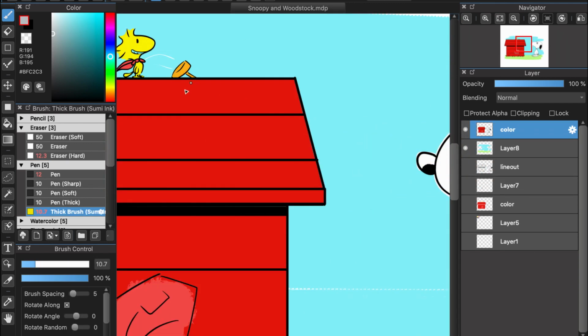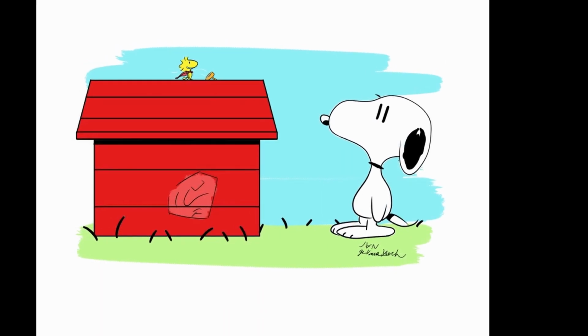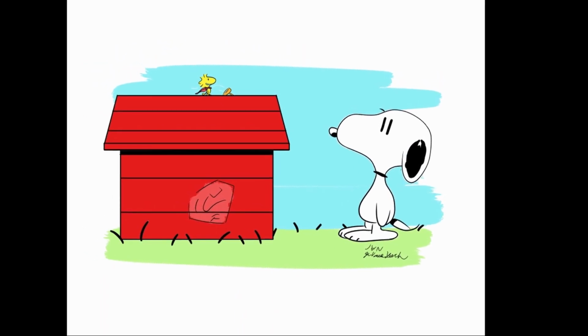And also, have fun doing what you like to draw. Have fun drawing or designing with what you're doing. And there is the final piece. I like how it turned out, and everybody has a nice